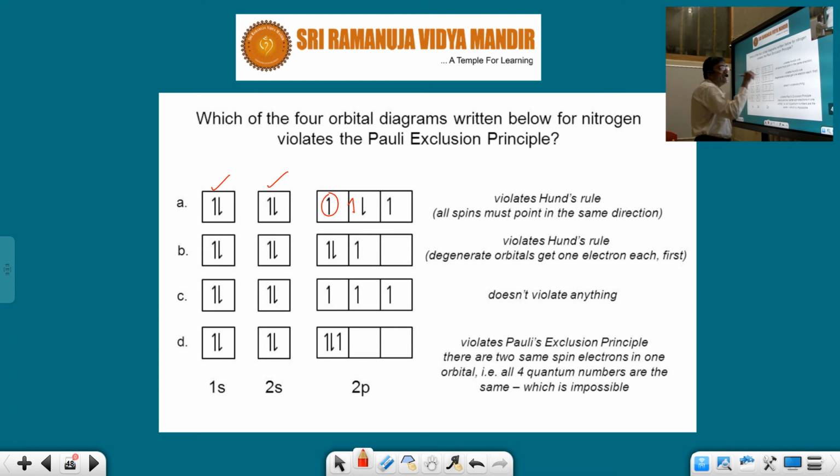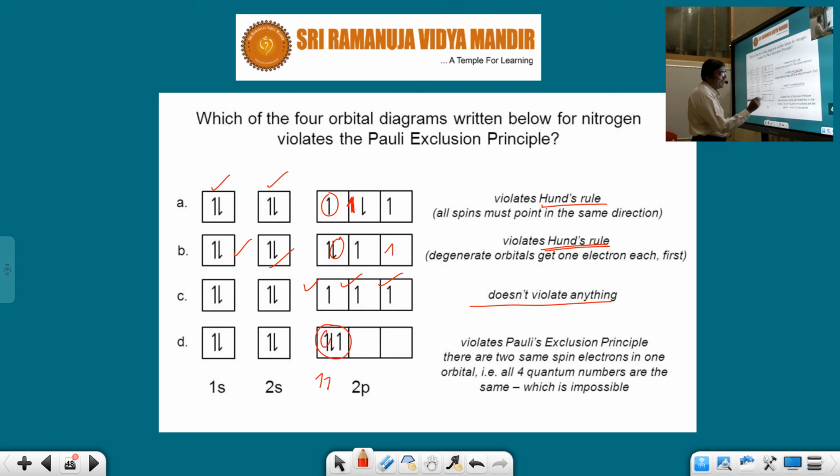If you write down means already it is imperative that by default it is singly filled. So this is not filled. So that means first it is not singly filled. That means it violates Hund's rule. Now let us see the next one. So here also this is fine, this is fine. Now here you can see it is not singly filled here. Pairing takes place but. So it is also violating Hund's rule. Now let us see. No problem. Here it is singly filled. So it does not violate anything. Now Pauli's exclusion principle. See, you cannot write 3 electrons here because these 2 electrons have the same spin.